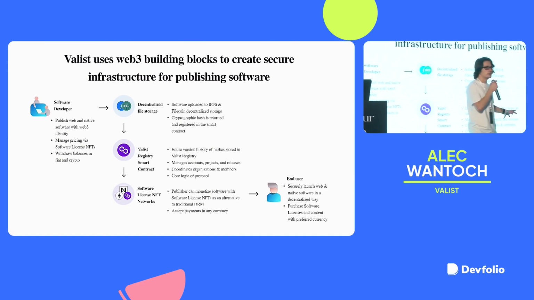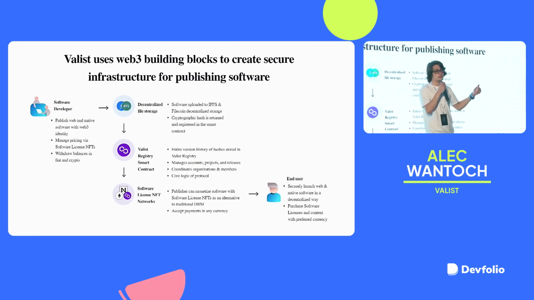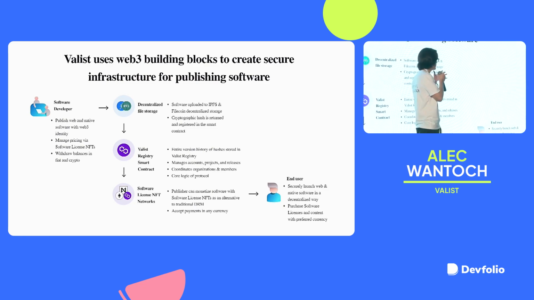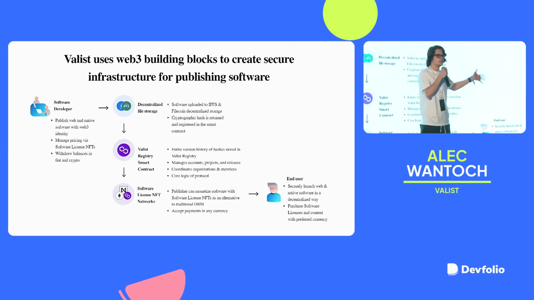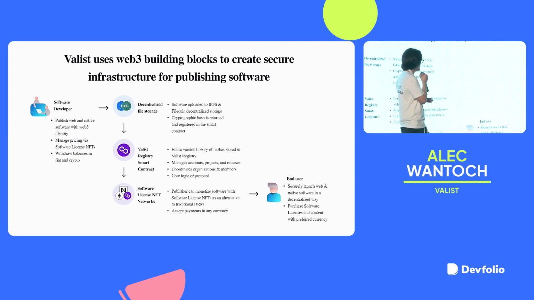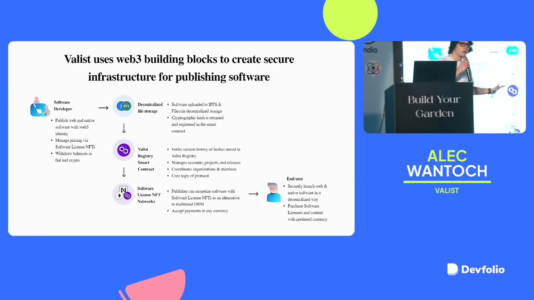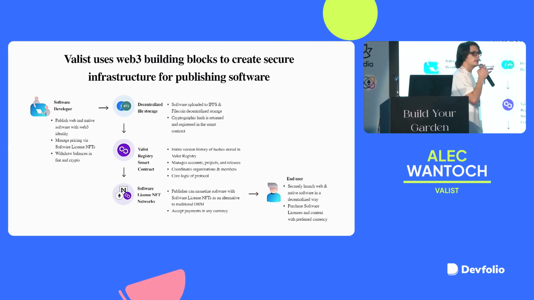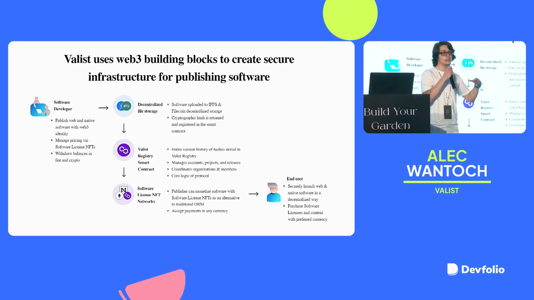There's a few different ways that you can launch it. We give you a Web2 URL as well as IPFS gateway URLs, so you could direct your users there. You could also embed that stuff into your existing websites and do download links and stuff like that as well. But from the end user's perspective, they're launching and downloading things just as easy as ever, but in a super secure and decentralized way. And then they can go ahead and purchase the software licenses super easily. And very soon here, they'll be able to also purchase that with credit cards and fiat as well. So that is basically the high level overview of the way that the protocol works. But this creates that base infrastructure that anyone could build upon as well.